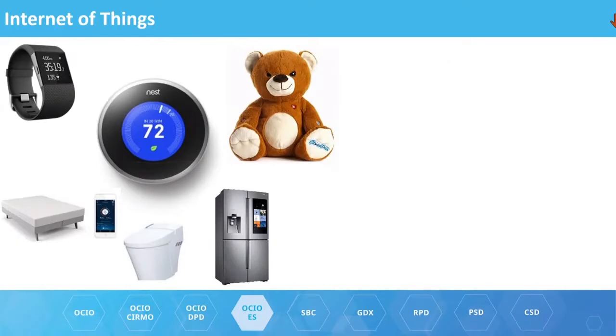So getting toward the end here with Internet of Things, I like to cover this because I like to point out that when you bring these things into your house, each one of them conferred some kind of benefit onto you. Maybe it's your health with your Fitbit, or managing your power consumption or expenses with your Nest thermostat. But you know, just because you can connect some of these things to the internet, I don't think you necessarily should. Like, I don't know who came up with the internet connected toilet, and in themselves, maybe there's some utility